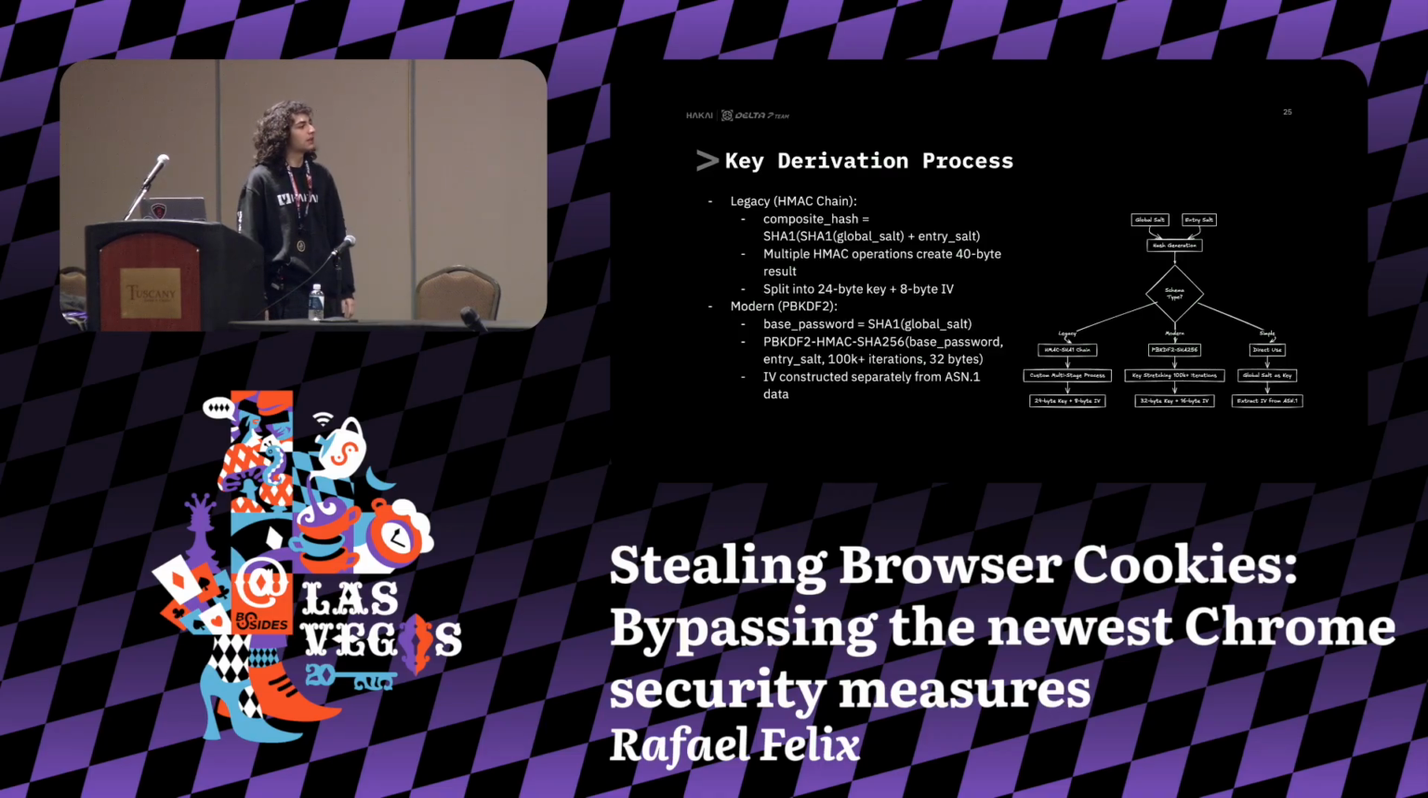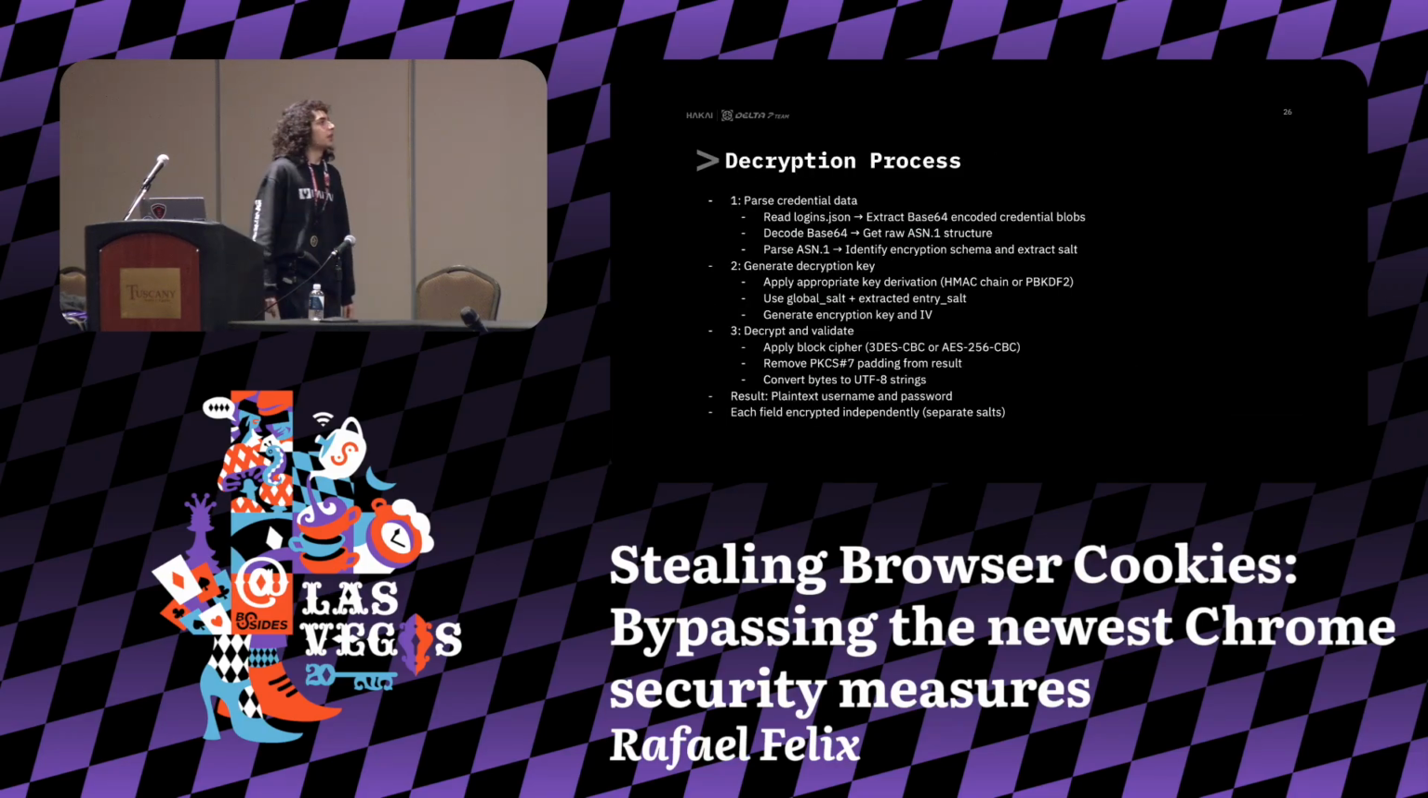100K iterations, 32 bytes. The IV is constructed separately from the parts of the ASN1 structure. Okay, so let's get to the decryption process. We first read the logins.json, decode the base64 encrypted blobs, and get the raw ASN1 structure on the table. We then parse the ASN1 structure, identify the encryption schema, and extract the salt. We then generate the decryption key,